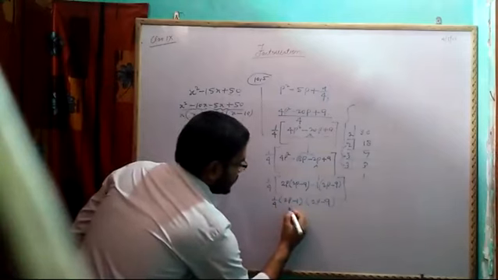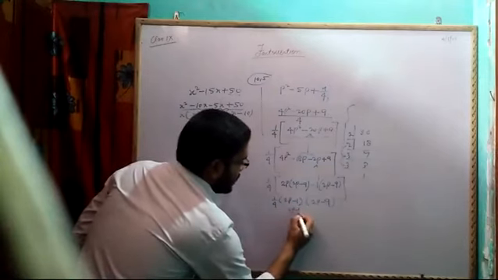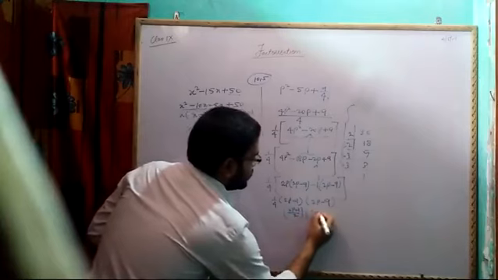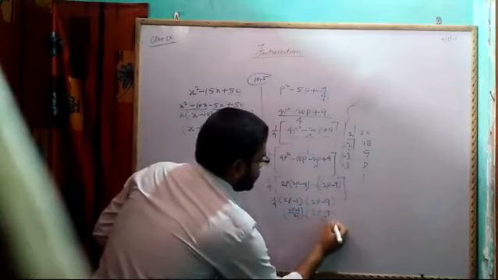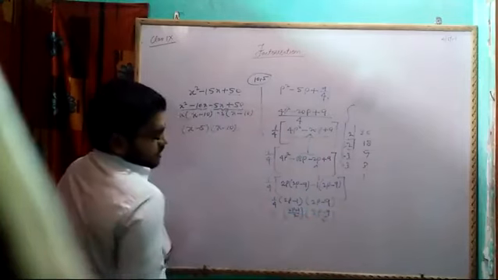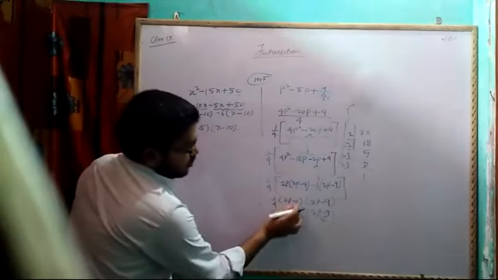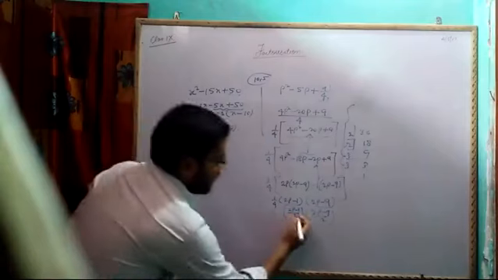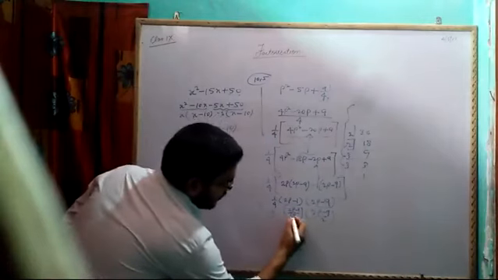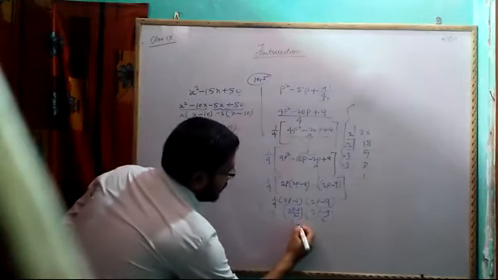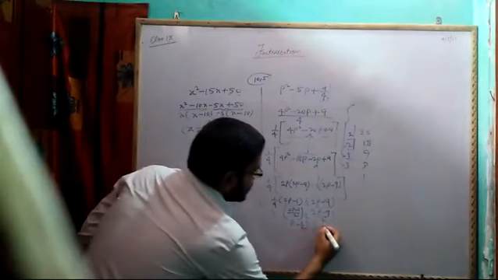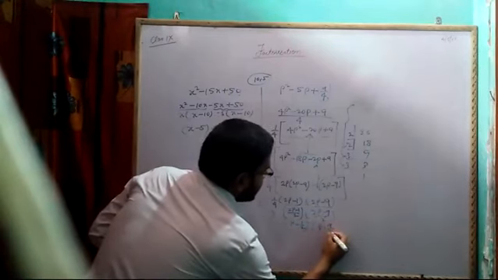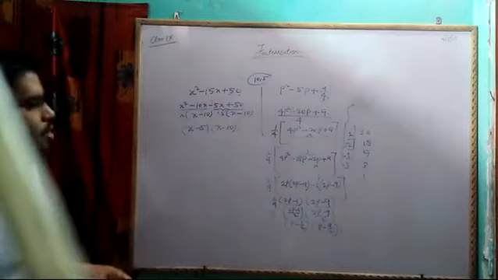I can write like 2p minus 1 by 2 into 2p minus 9 by 2. Can I write like this? 2 I will divide 2, 1 2 I will give to this one, 1 2 I will give to this one. I will break this. Then afterwards I can write 2 by 2. If I will separate this, I will get p minus 1 by 2, and this I will get p minus 9 by 2. I hope this is clear.